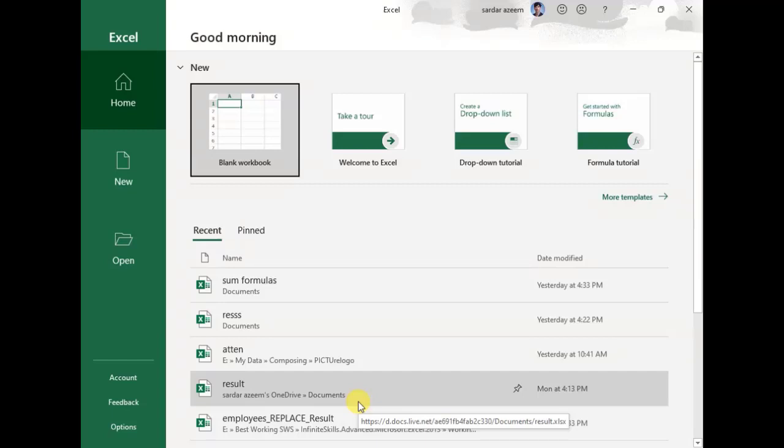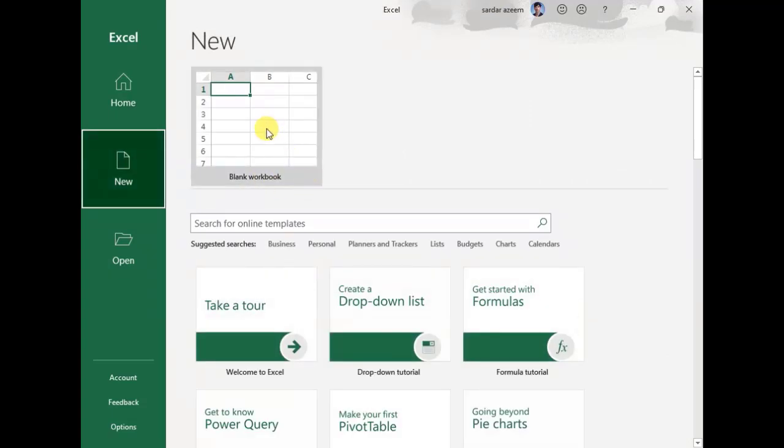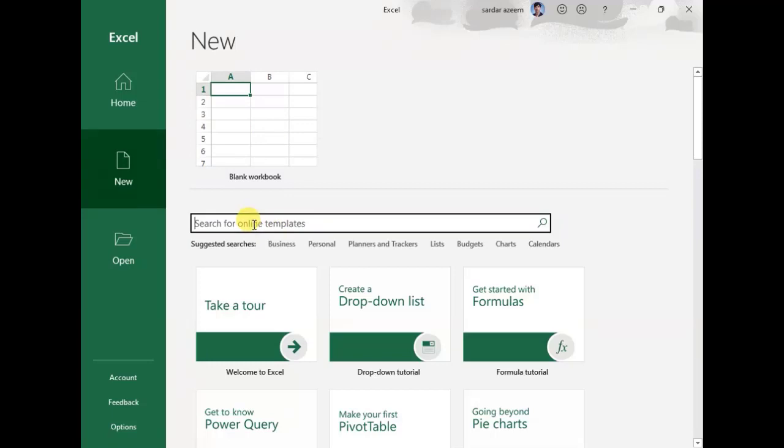Let's see where we find the templates in Microsoft Excel. So I have opened Microsoft Excel in front of you. Here I will go to File and the New command. This New command contains a blank workbook. You know it very well already. But if you want to